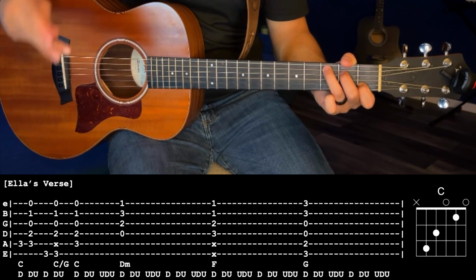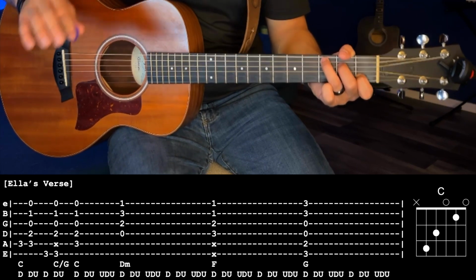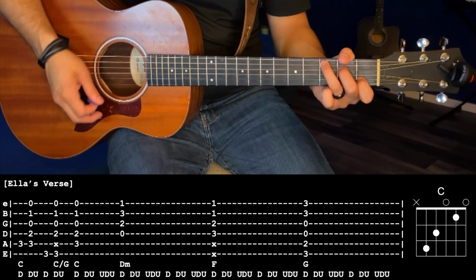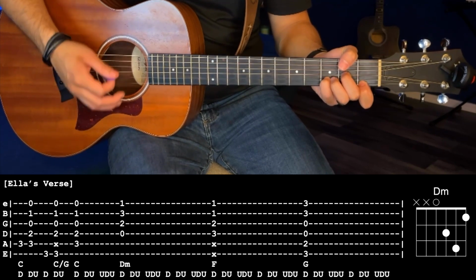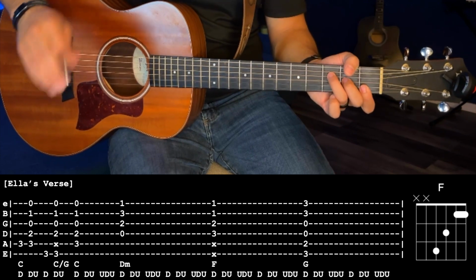The second line is one of the only times it changes throughout the song. You're going to play it exactly the same way up until you get to the F chord. Well, I saw him walk in with his cowboy hat, and I thought to myself, I could use some of that. Now when we get to F, you're just going to strum it through twice, the same way you did